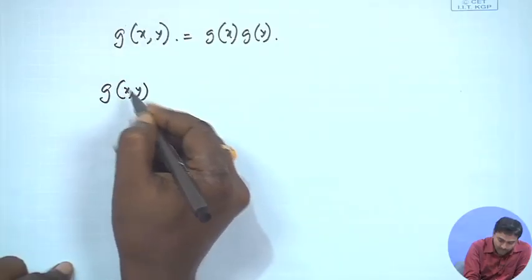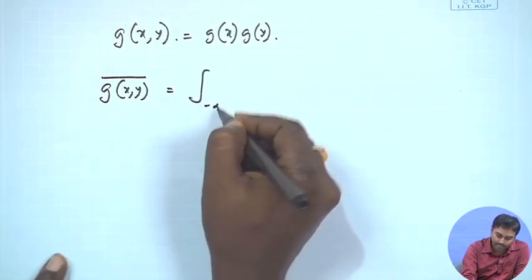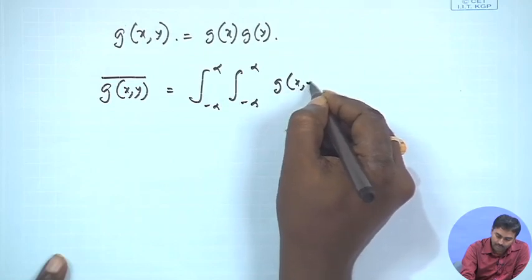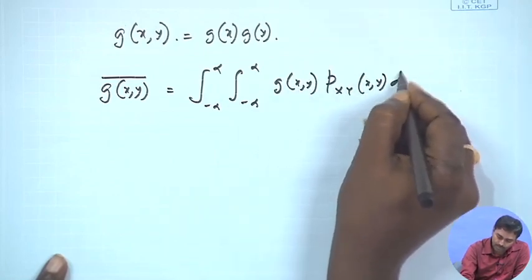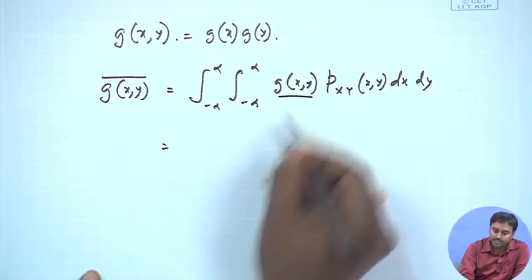So, let us say I still want to get the mean of g(x,y) for this particular function, right. So, I can again write the integral from minus infinity to plus infinity, minus infinity to plus infinity, of g(x,y) p(x,y) dx dy, right. Now, I know that this can be separated,